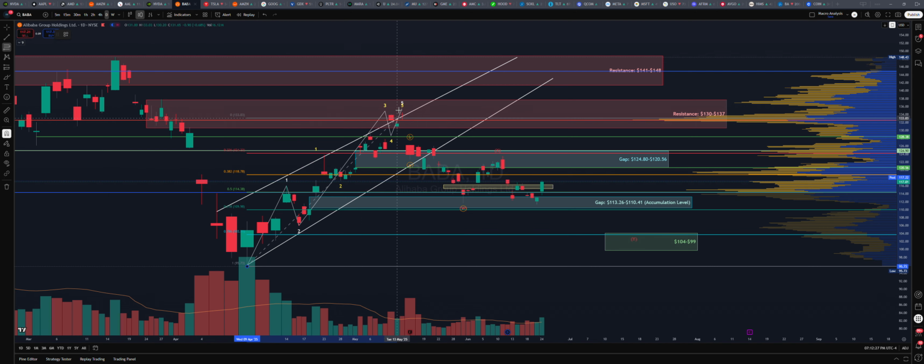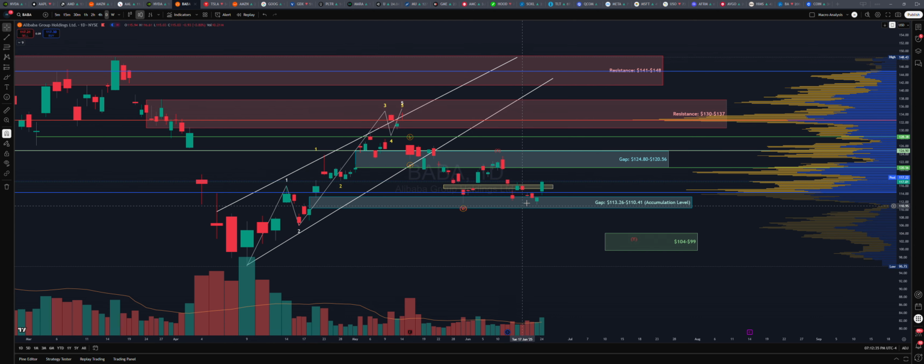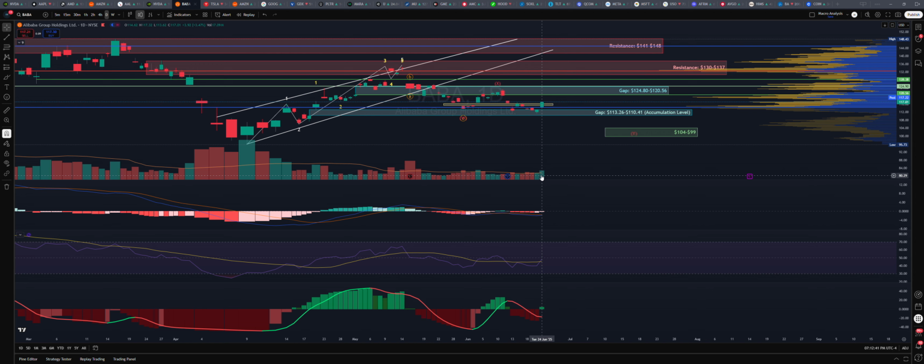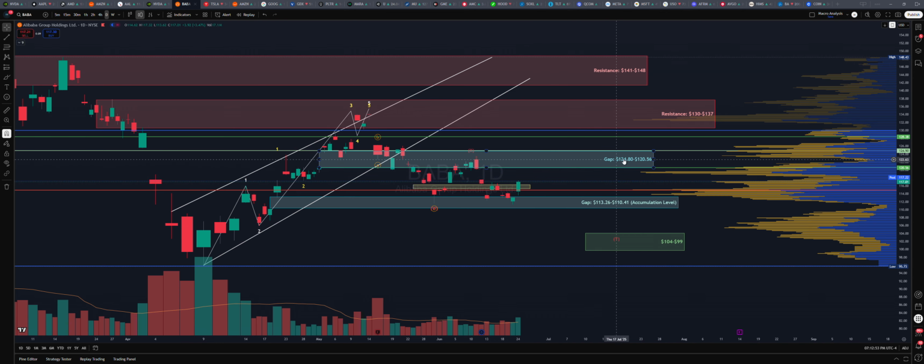So you have a wave 1. Then you have a wave 2 coming back down towards that 618 right within the accumulation region. Followed my rule, bought BABA right here. I like the volume. Saw decent volume today on the daily. Looks like it wants to curl up again. The MACD looks like it wants to curl up, and the RSI. So now what I'm looking for in BABA is a break above this 124 region, 125 right over here.